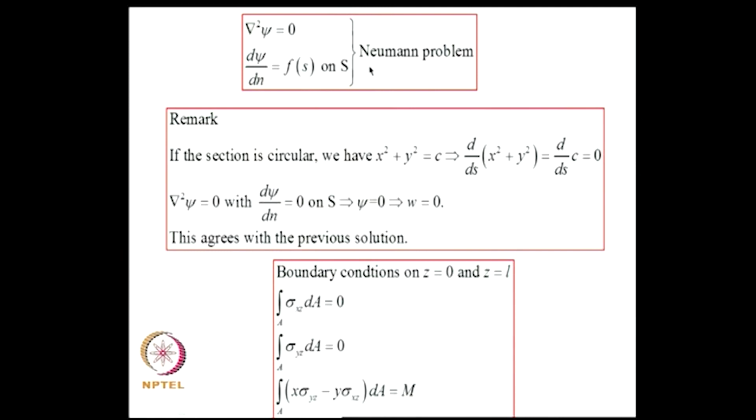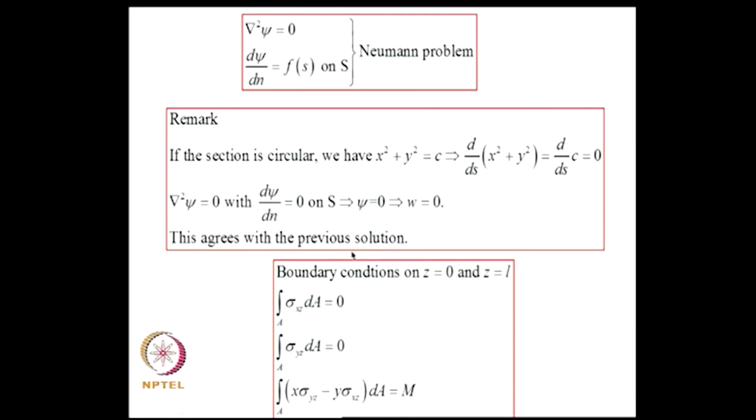Now, if the section is circular, that is when x square plus y square is c, we see that d by dx of x square plus y square is 0, and the governing equation will become del square psi equal to 0, d psi by dn equal to 0 on S. So, this would mean psi equal to 0, which means w equal to 0. So, that means we recover the earlier solution that we have obtained